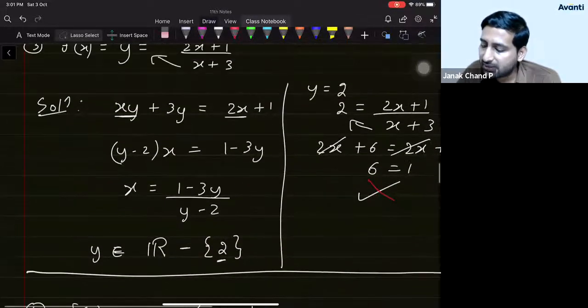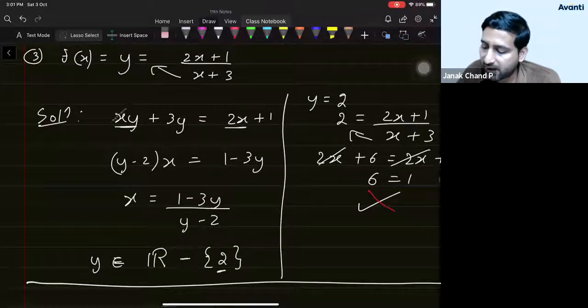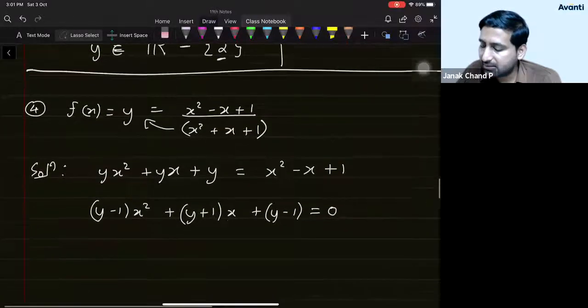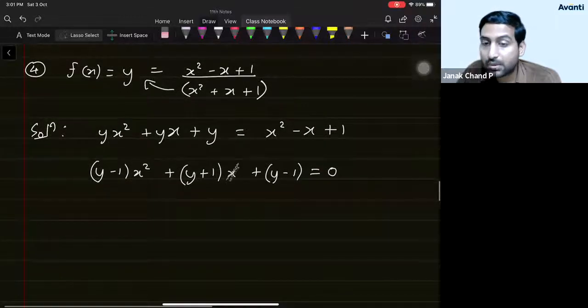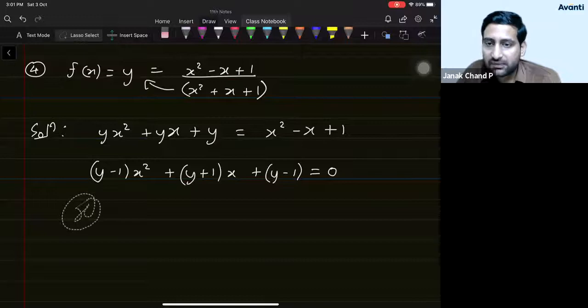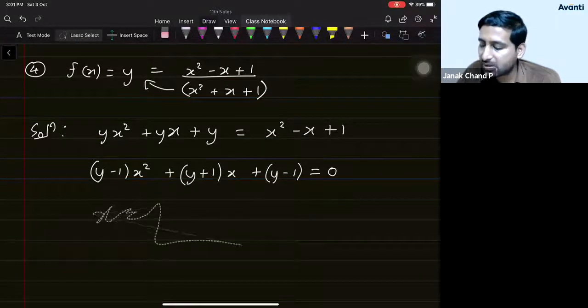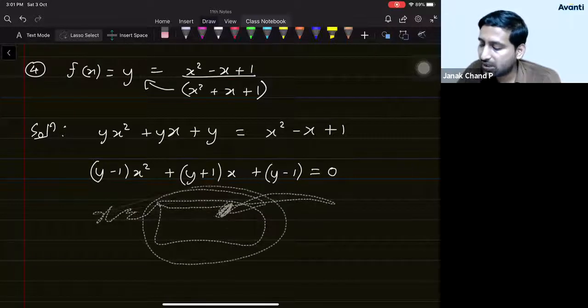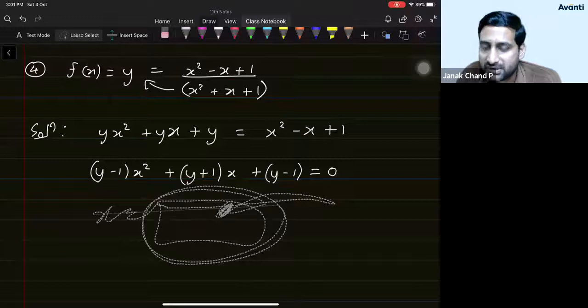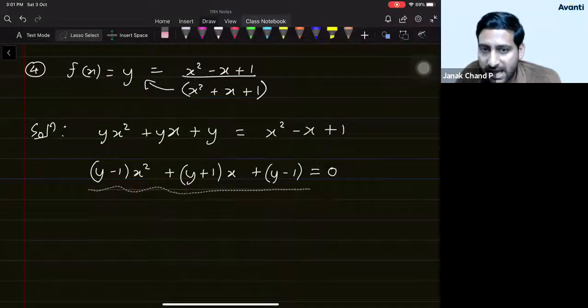In the previous case, we had only one presence of x here. There was an x here and here, but their degrees were the same. So we could have collected and taken it outside. But in these cases, the degrees are different. So what to be done, student? We should still somehow separate out x. If we can somehow separate out x is equal to something, then the same thing we should do. We should just think what are the values of y I can put so that this is a real number. Yes, student. We cannot do it directly.